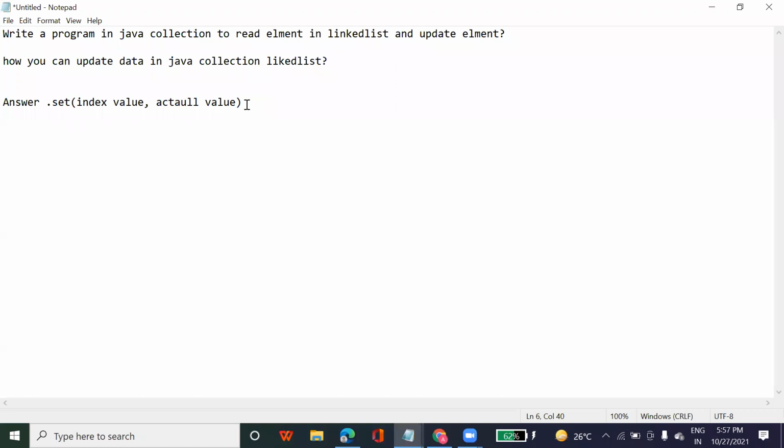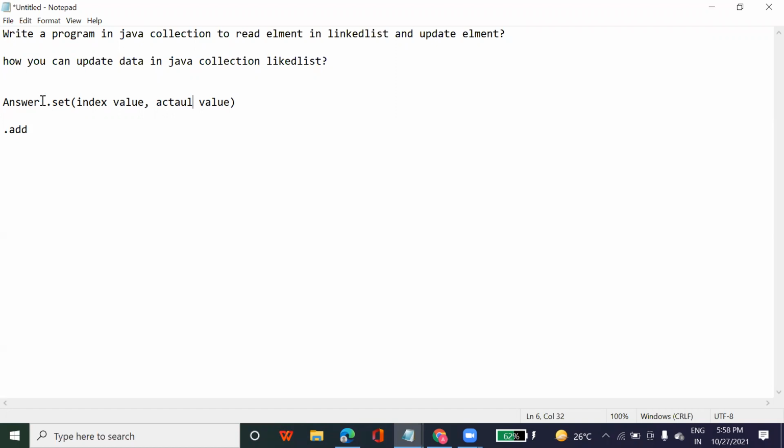So what do you usually have to do? You have to add elements, so you're going to use the add function to add elements to the list. Then once you want to change one, you can just call this function and change any element. So this is a way of writing the program. This is actually a function. In short, I'm explaining to you, but in the interview, you have to write the complete program.